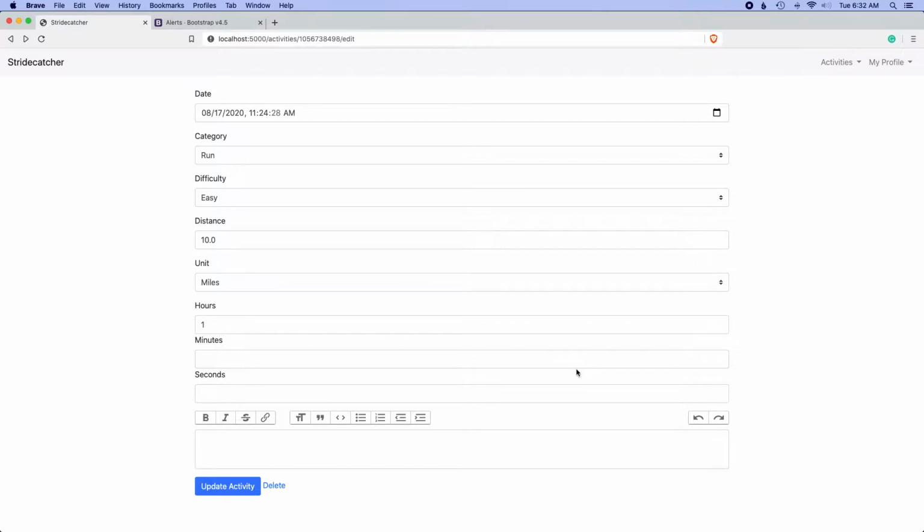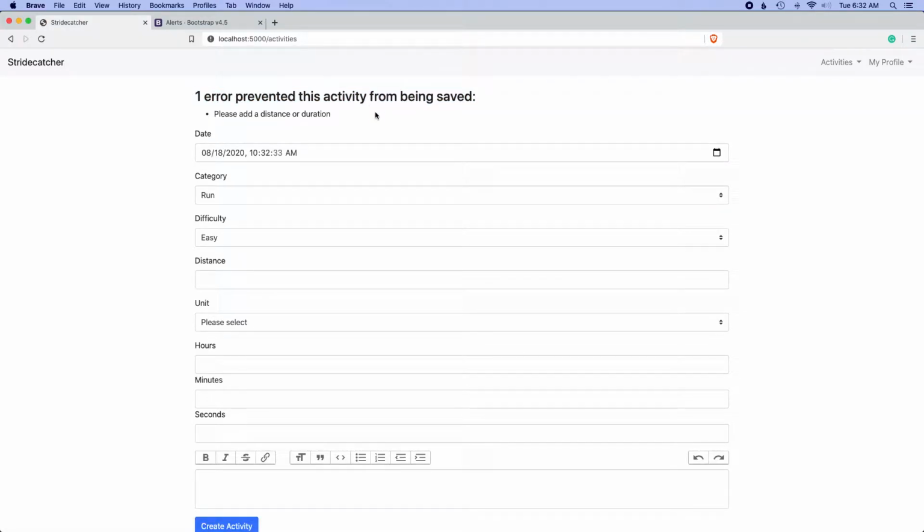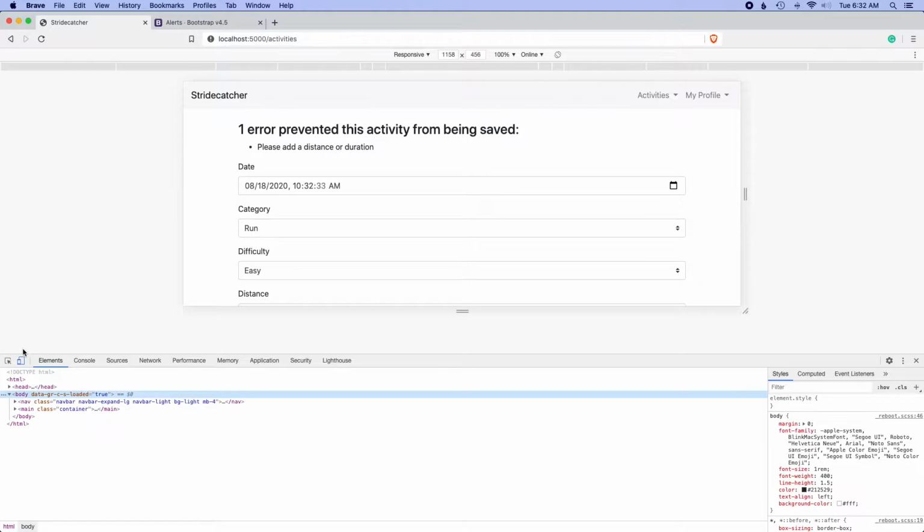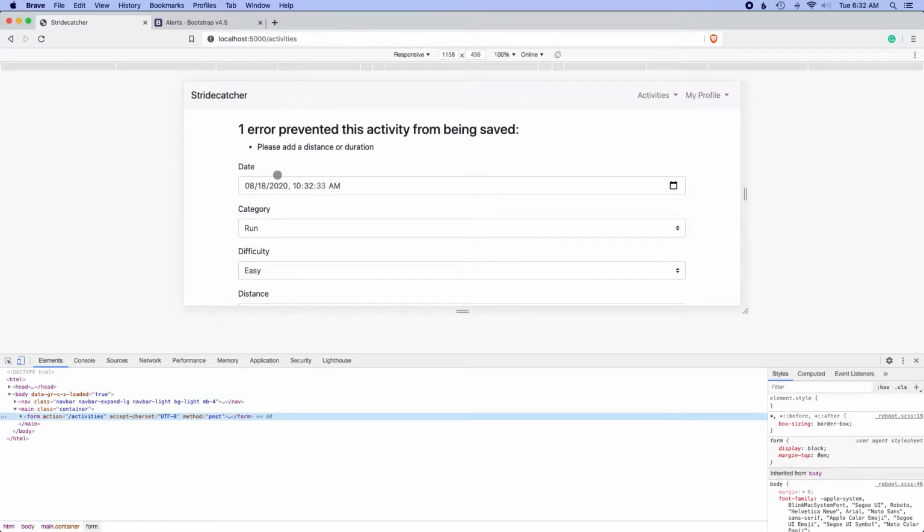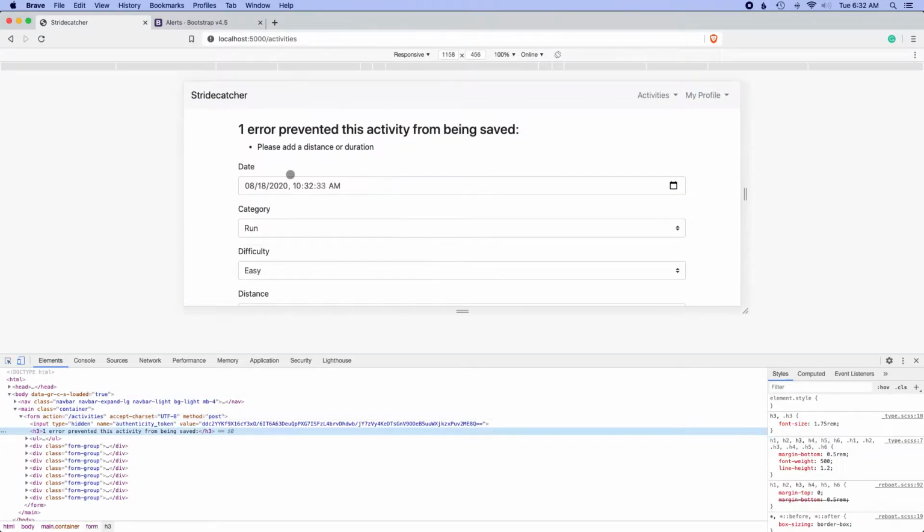One thing I want to actually write a test for is error messages. So an example of that would be, let's create an activity. And if we go down here and if I just click create activity, this shows up. So I actually want to style this real quick, but I also want to make sure that this appears in